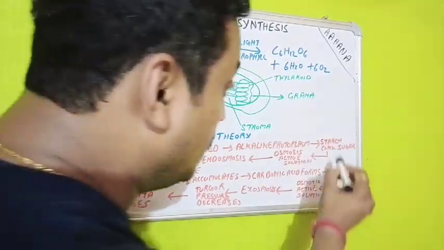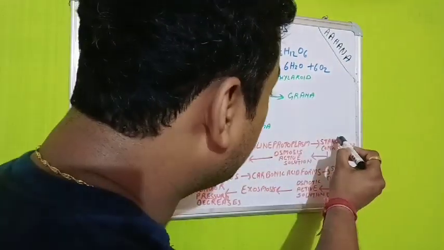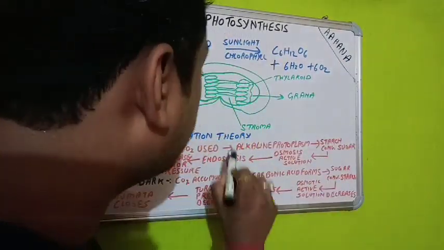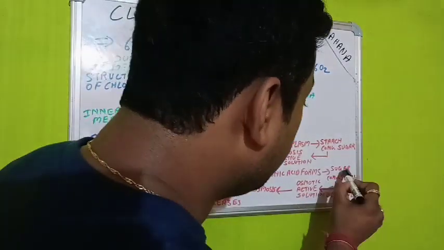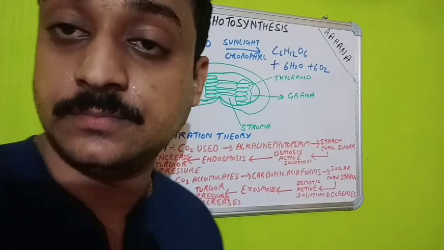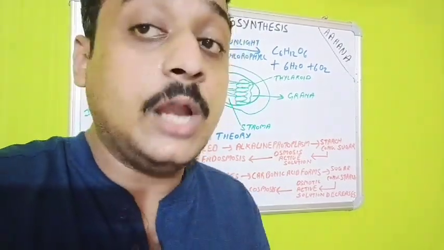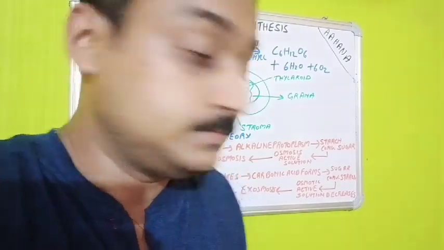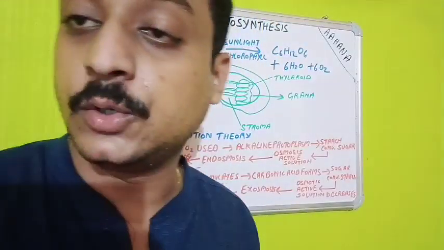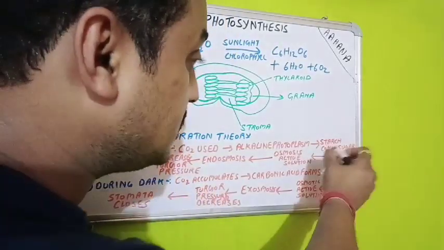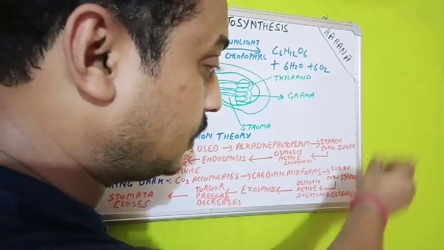अब जो यहाँ पे स्टार्च सुगर बना था, means the starch which has converted into sugar in the light reaction has now become opposite. What happens? Here the sugar will convert into starch. Whatever the sugar is deposited or whatever the sugar has formed, now it has converted into starch. Here starch was converted into sugar, here sugar was converted into starch. Means in light, starch converted sugar, just opposite in dark, sugar converted to starch.